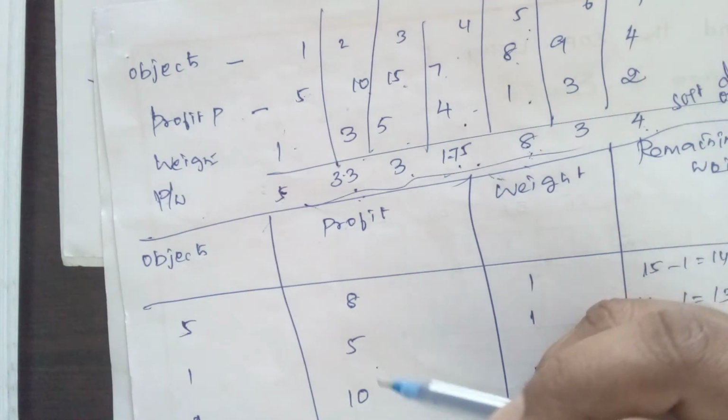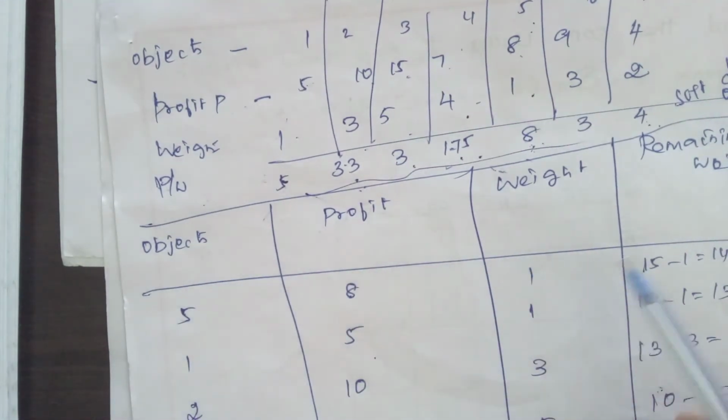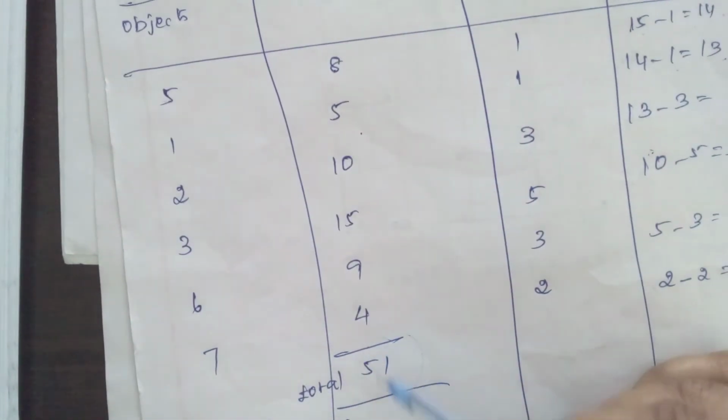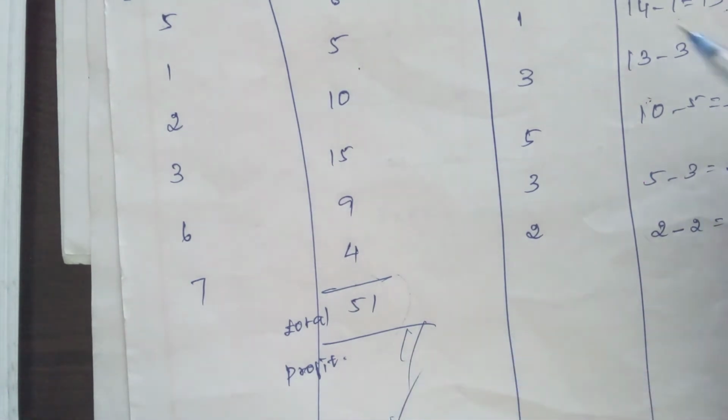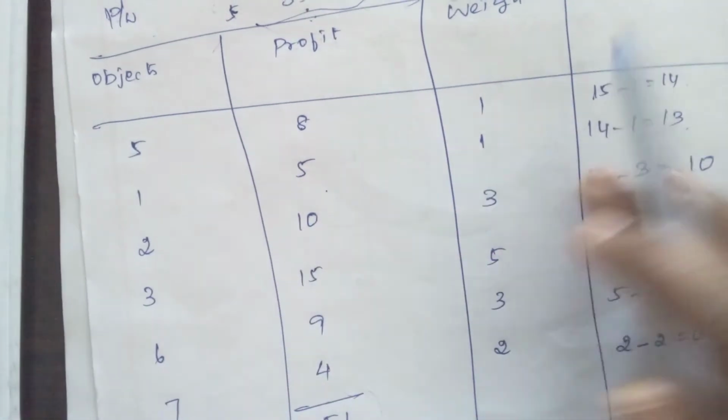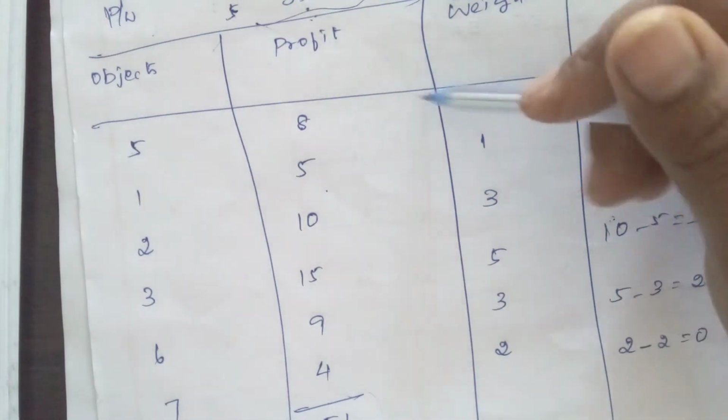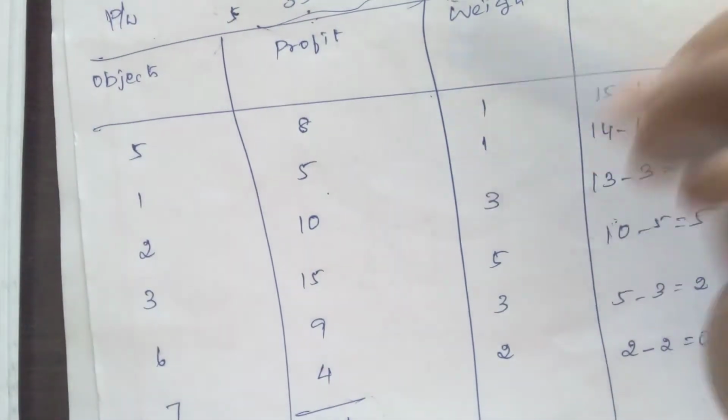Yeah, I will explain this. See, 5 8 1. Okay, 15 minus 1 is 14, 14 minus 1 is 13, like that it goes on. Same method, but see here the value becomes 51. So this is the best method. See, the same method only, but we are choosing first one maximum weight, minimum weight. Now here, the ratio method. Okay, that's very important here.